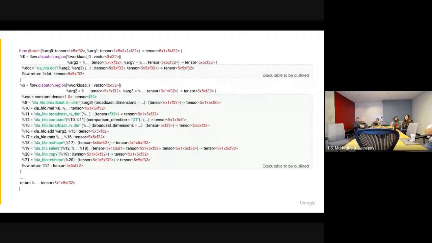It also allows us to do things at this level like dispatch CSE. So if you have two dispatch regions that end up being the same because they're two parts of your program that originated from the same TensorFlow ops, we can now dedupe those across the whole program. Which, when you think about these things compiling to shaders, can dramatically reduce the number of shaders you need to compile to actually run.